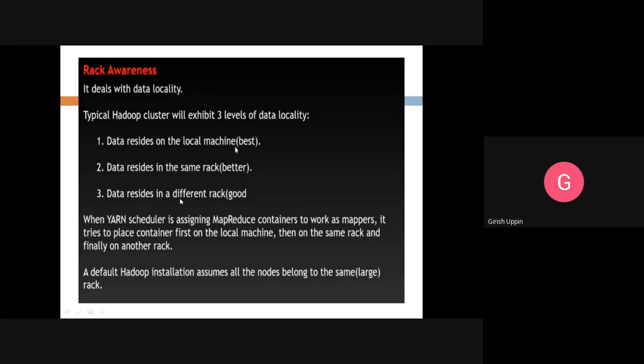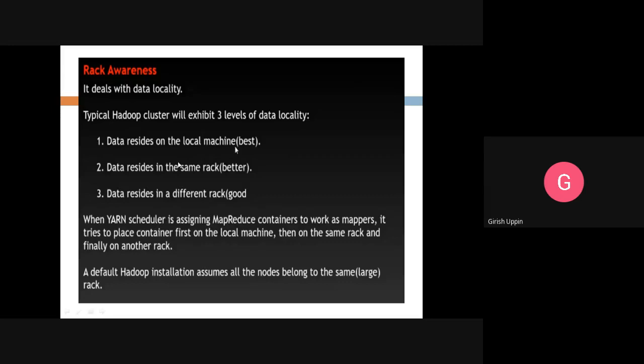Whenever processing is concerned, let us say we are running some MapReduce program and we need the data, the best possible scenario is getting the data from the local machine if it is available, because it will improve the performance. If it is not available on the local machine, next it will go to a machine on the same rack, and the last preference is given to data available on a different rack.